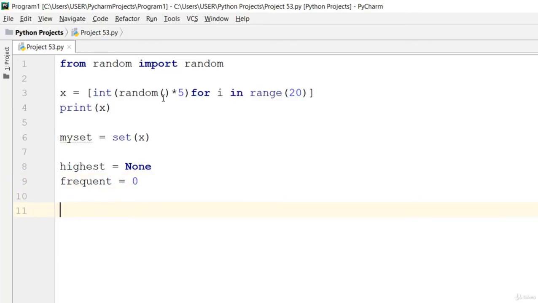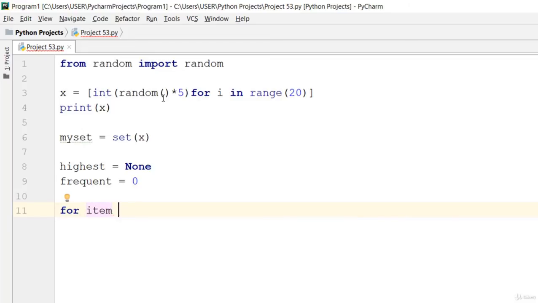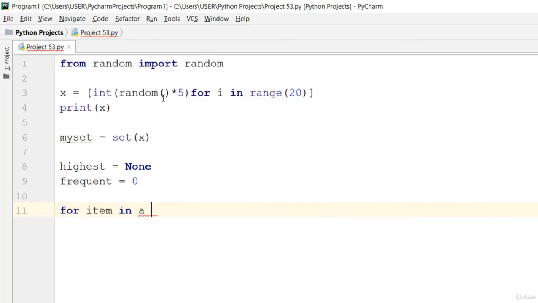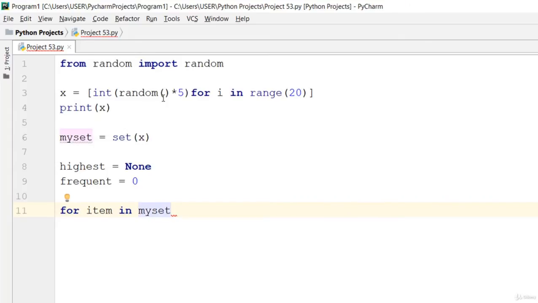And then the loop has to go through the items of the set. So for item in my set,